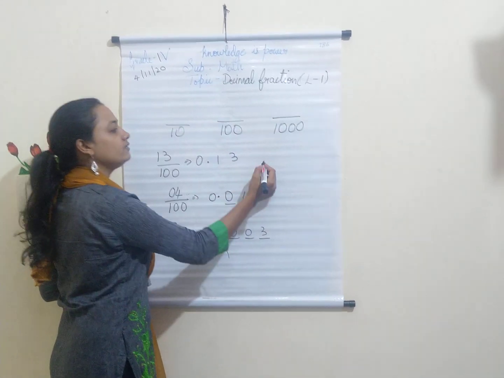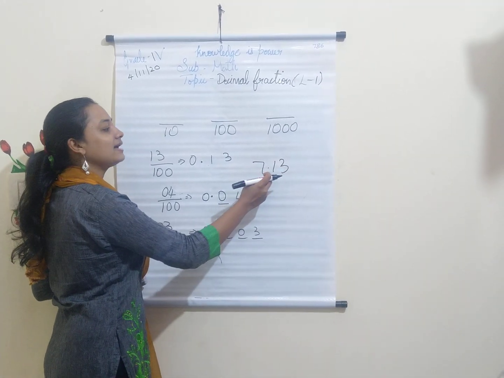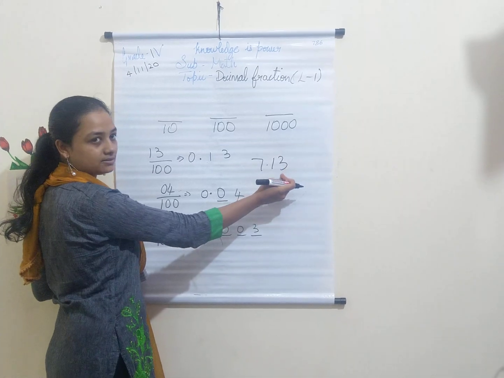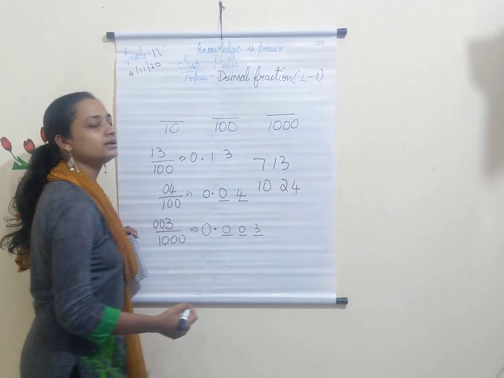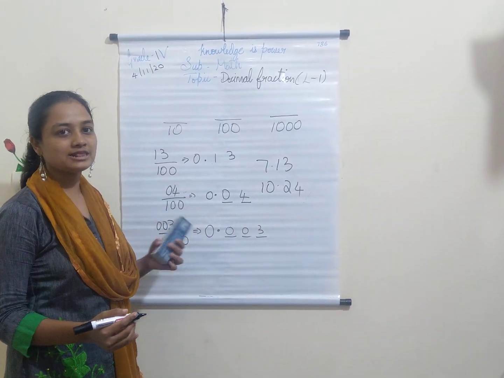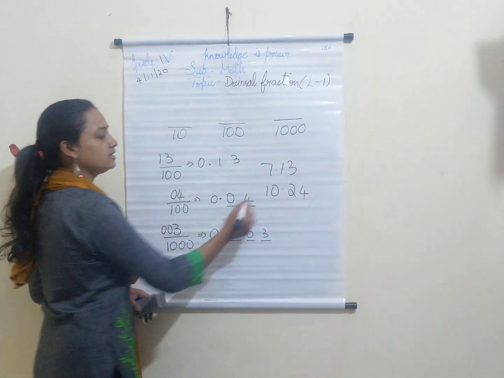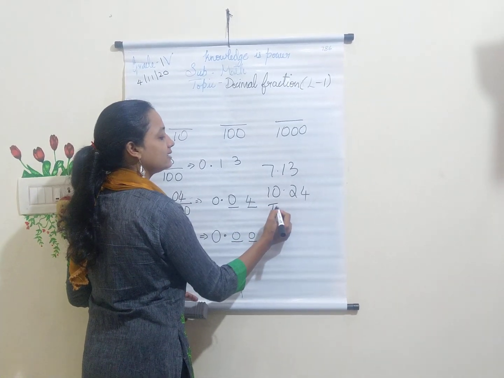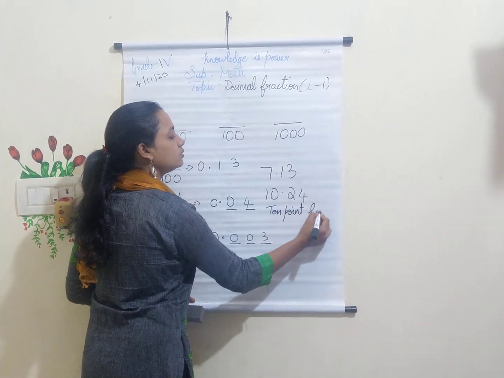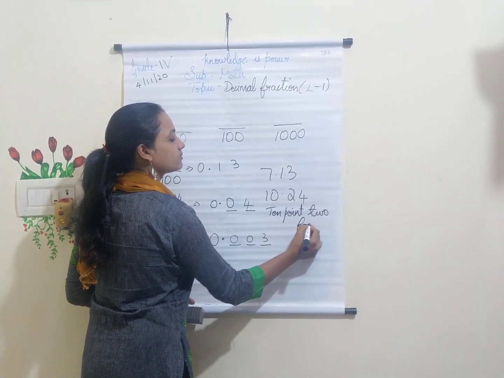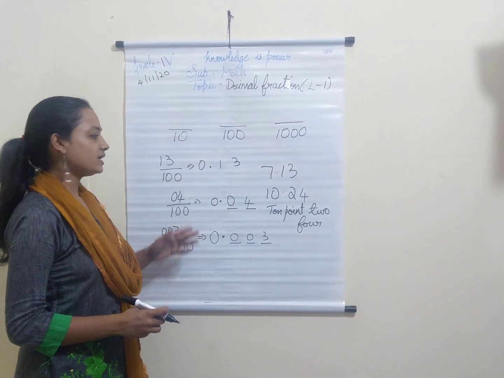0.04. If I write a number like this, it can be written as 7.13, 10.24. This is how we should read a decimal number. Writing also the same thing, we'll write it in words. If I have 10.24, I write 10.24. The same way I pronounce it, I'll be writing in words. So we have cleared with this.